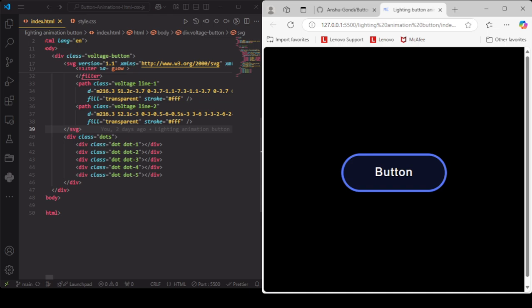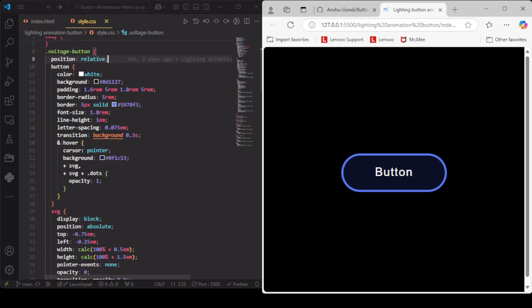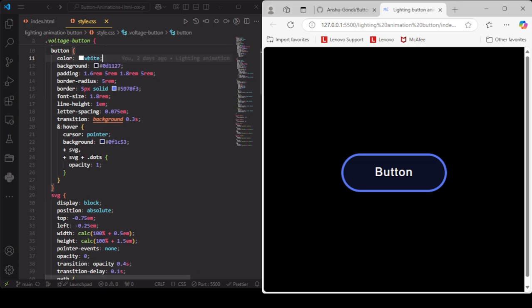style part. We have defined the body as background black, display as flex, justify content center, and align all the contents as center, which you can see right here, and height as viewport VH 100. And then we have given the button, this one, position as relative, and its internal button has white color, background as blackish,